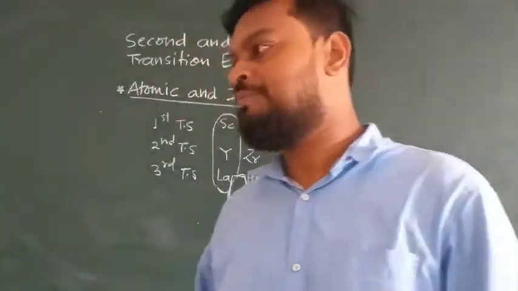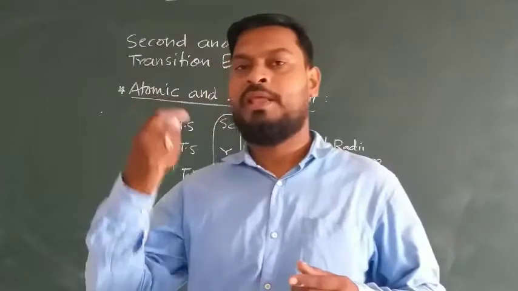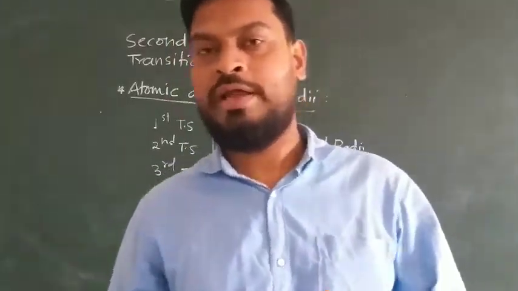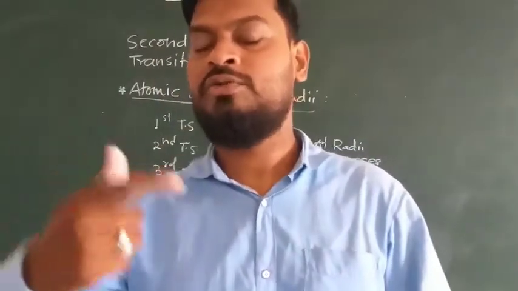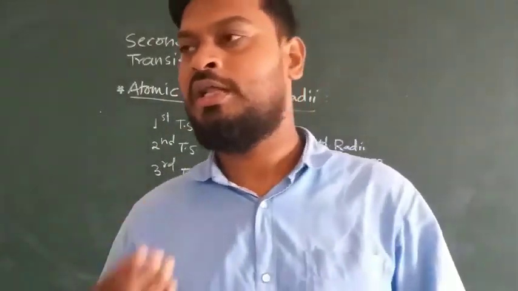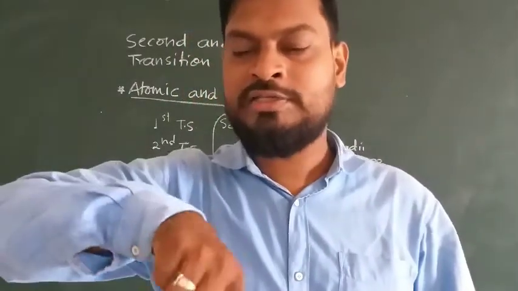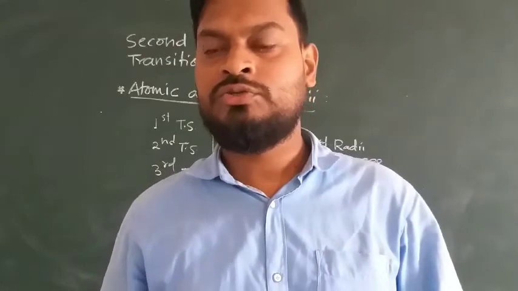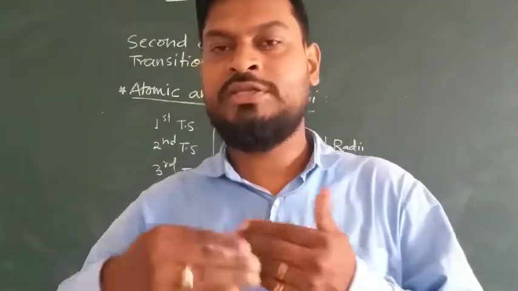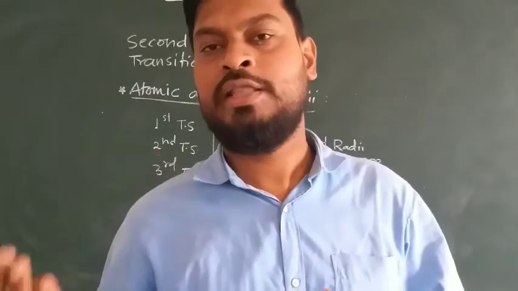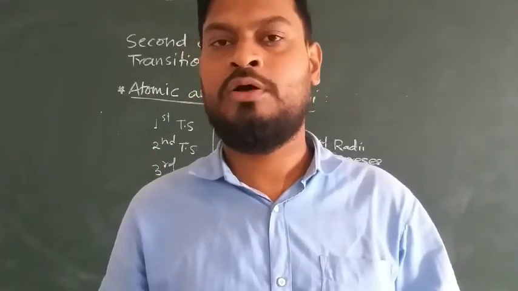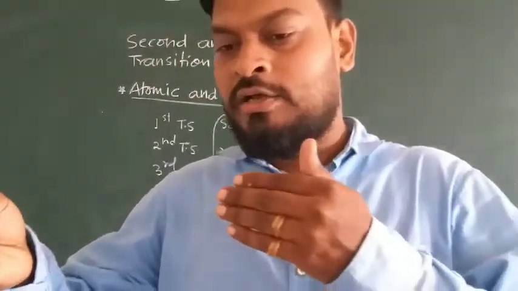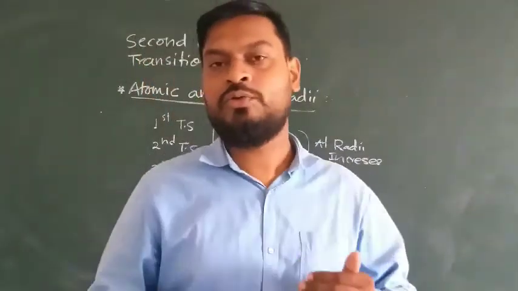Alright, and if you add the last electron into the F subshell, what happens after adding the electron? It increases the nuclear charge in the nucleus, and that f orbital is also going to be filled by electrons. So more attraction is there between the nucleus and that F shell orbital. Alright, so if more attraction is there, that radius size is going to decrease.